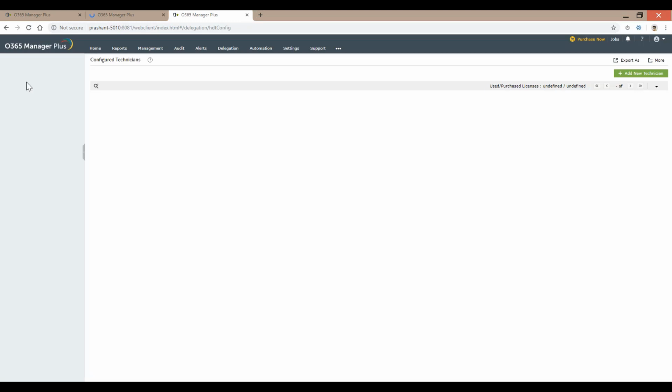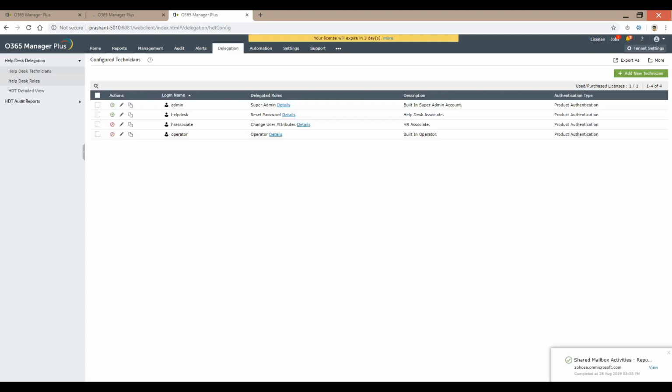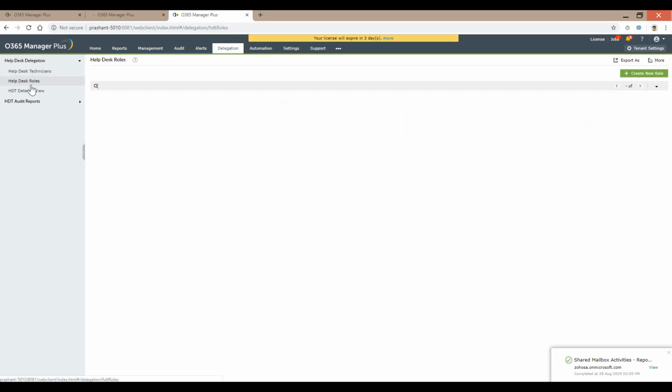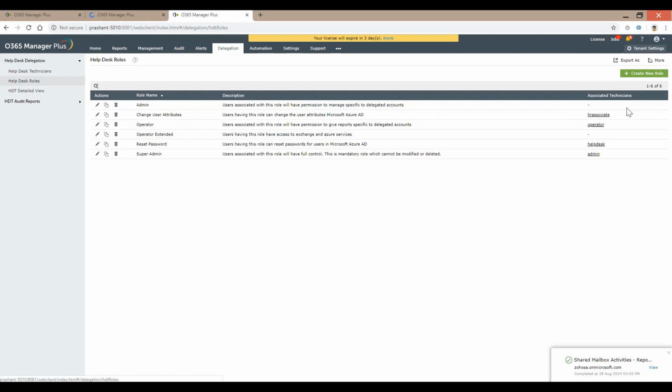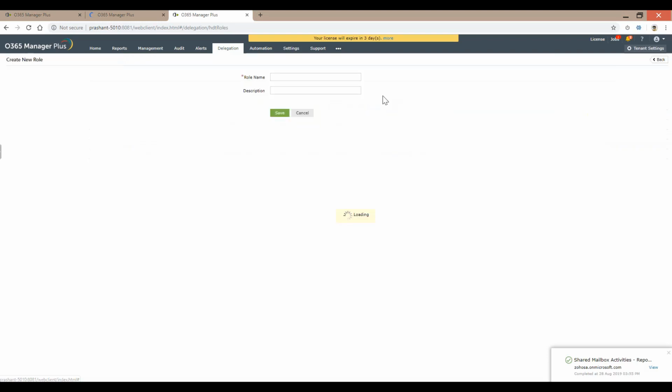A user who's an administrator can have a couple of roles. A user from the HR department could probably just have one role. Help desk technicians probably a few actions again. So very simple, straightforward. You start with help desk roles, where you say what actions can be given to a specific role. I try to create a new role right here. I get a dashboard from where I can pick and choose attributes that need to be assigned to a role. So here you go. I'm going to call it help desk role.